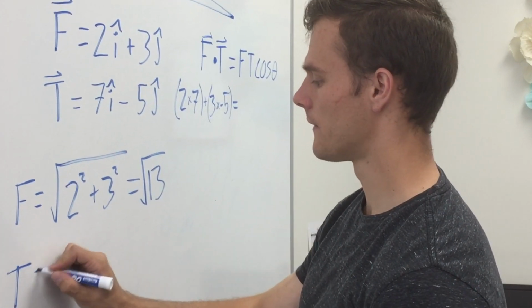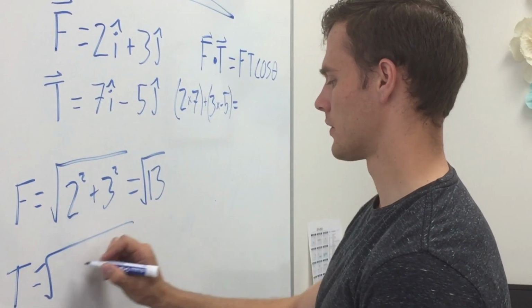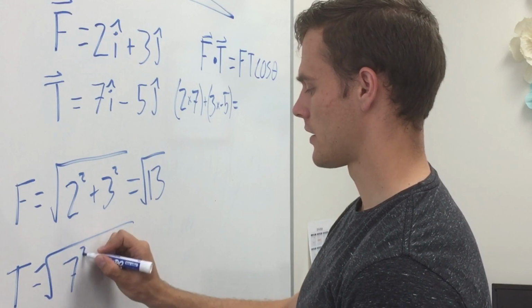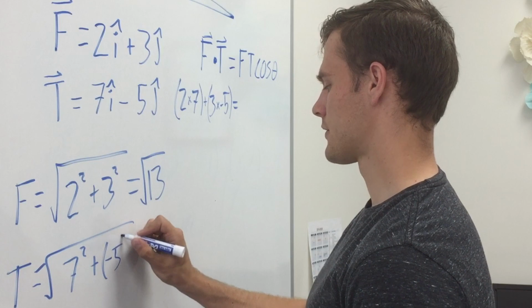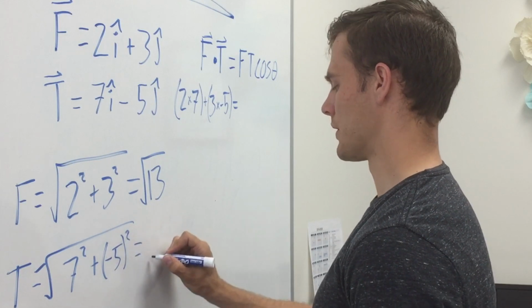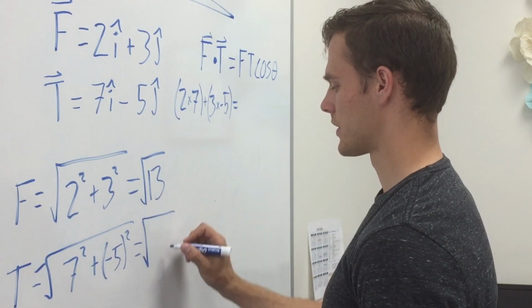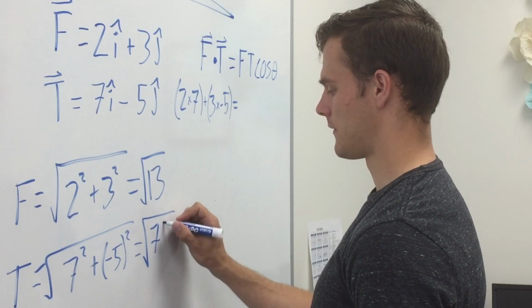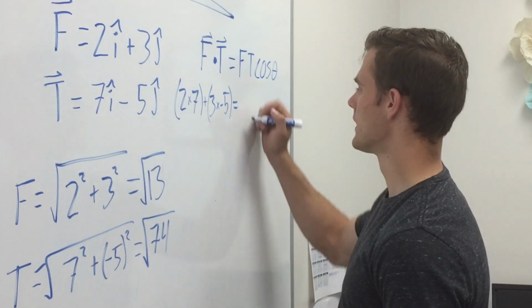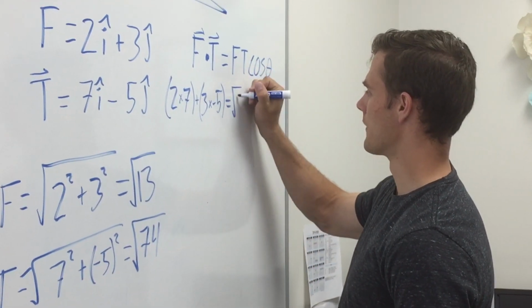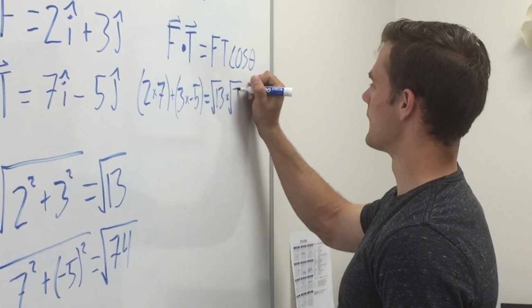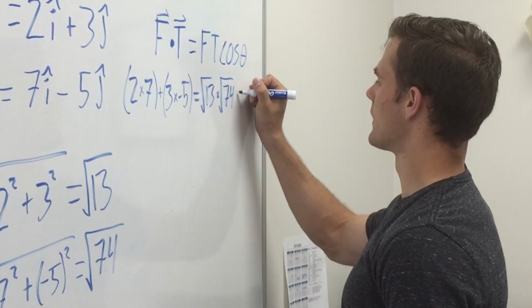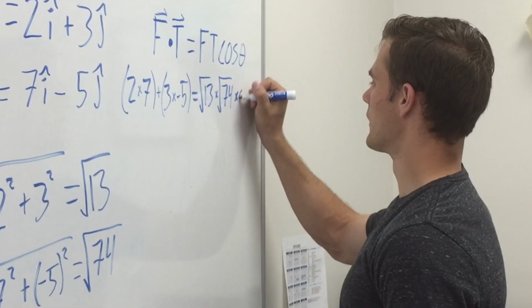And then t is the square root of 7 squared plus negative 5 squared, which equals the square root of 74. And so you get the square root of 13 times the square root of 74 times the